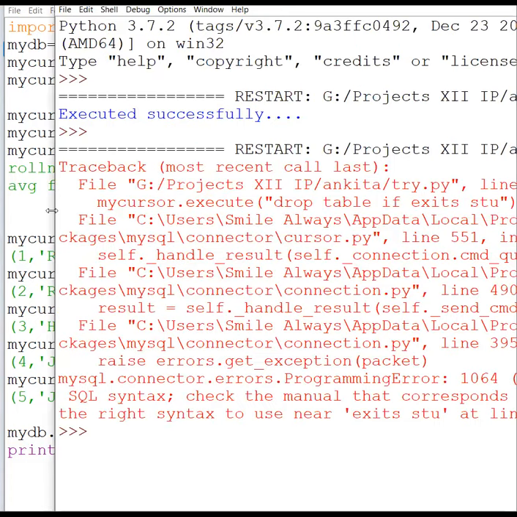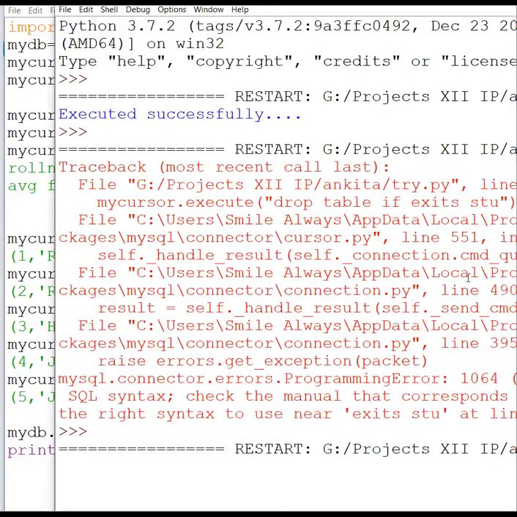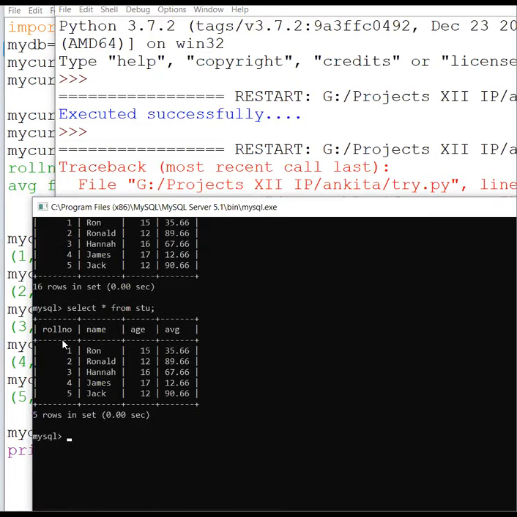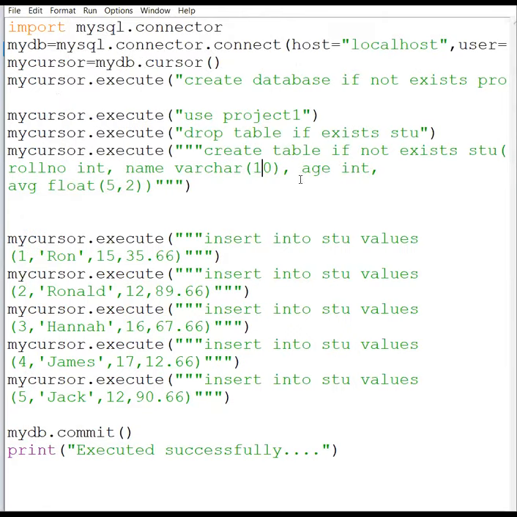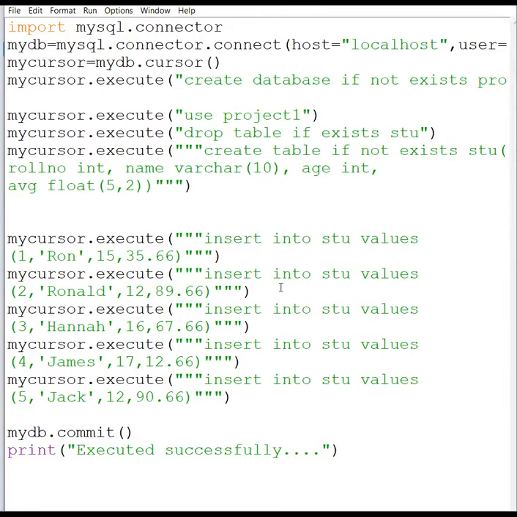See, we are only learning the things. If exist spelling is wrong, we are only learning very basic things. Later on, then we are going to create the programs based on this. Executed successfully. Now you can see because there was a problem, right? So you can see now the problem has been removed. Now whenever you will execute this program, what will happen? Every time if the database is not there, you will be creating a database. Then you are selecting your database, you are deleting your table, then you are creating your table again, then you are inserting all these 5 values in this. I hope up to here it is clear that how you can update.